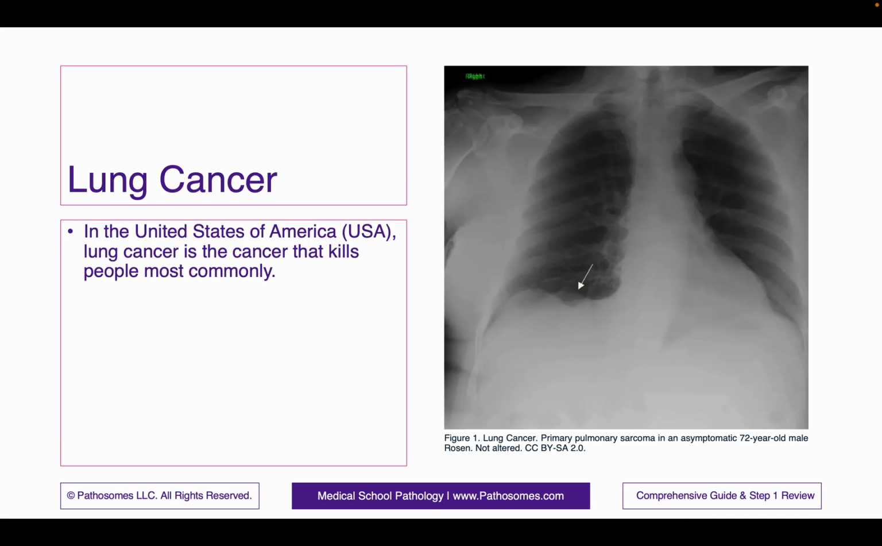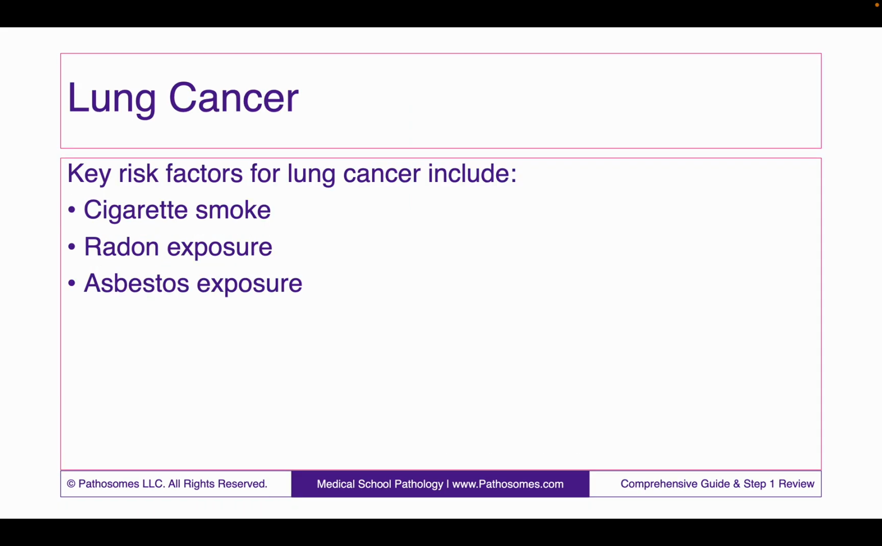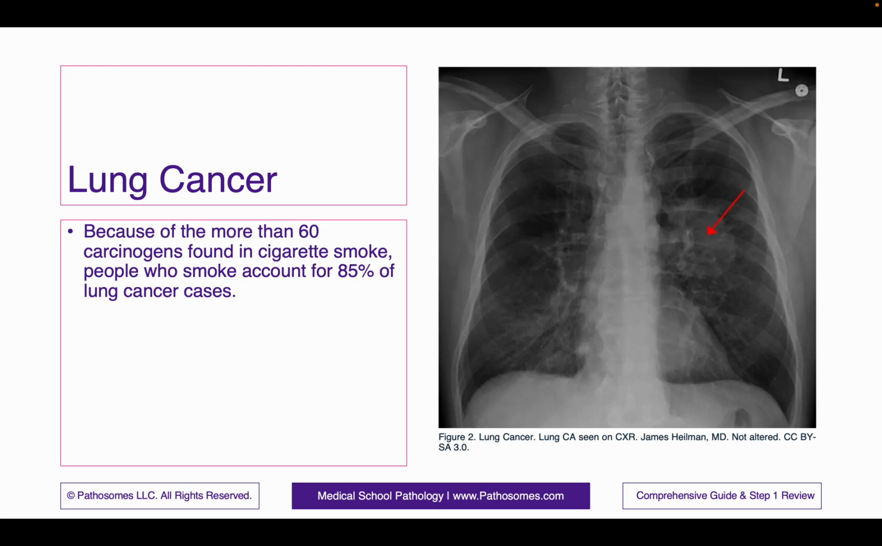So let's talk about lung cancer. In the great US of A, lung cancer is the cancer that kills people most commonly. Key risk factors for lung cancer include cigarette smoke, radon exposure, and asbestos exposure. Because of the more than 60 carcinogens found in cigarette smoke, people who smoke account for 85% of lung cancer